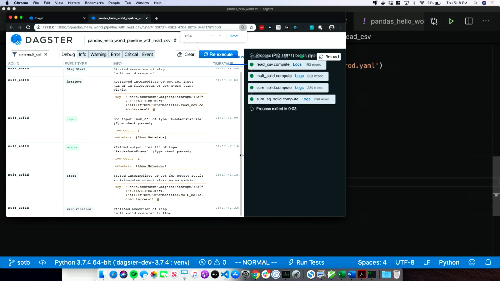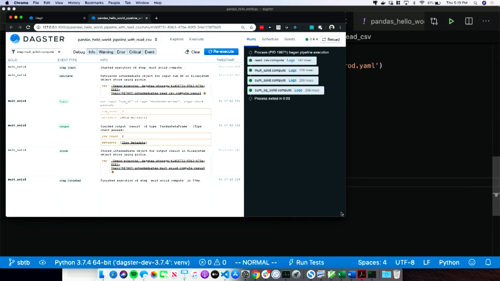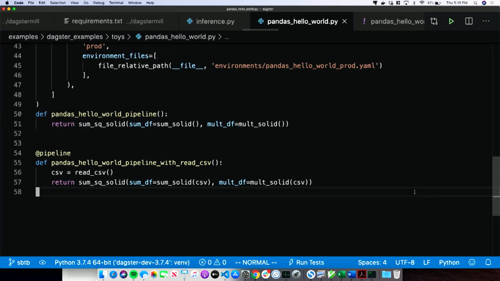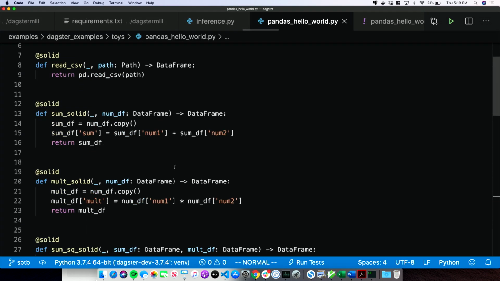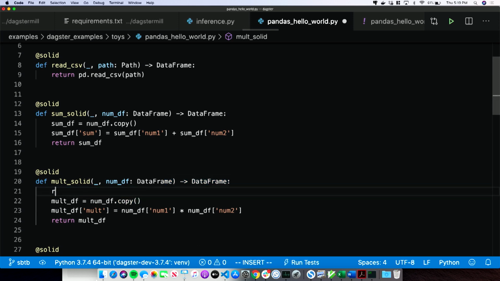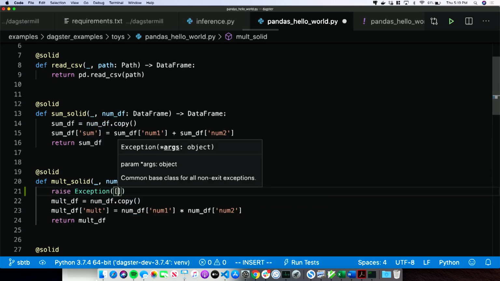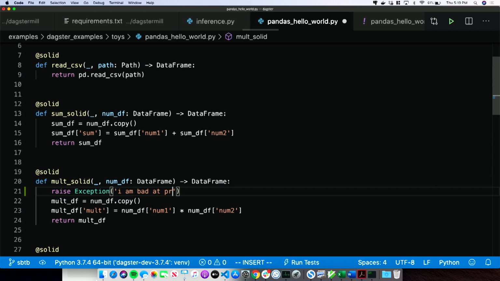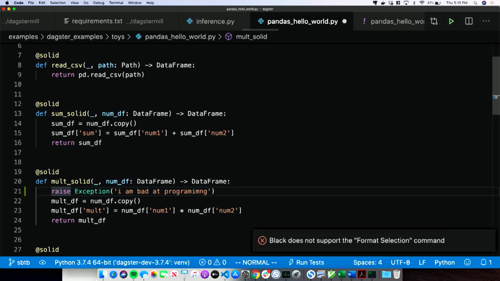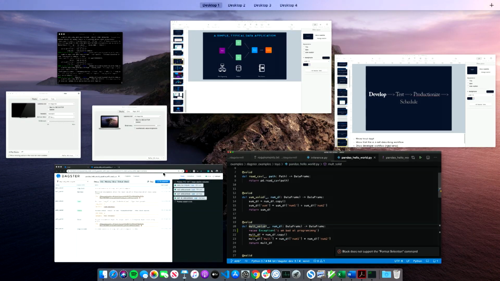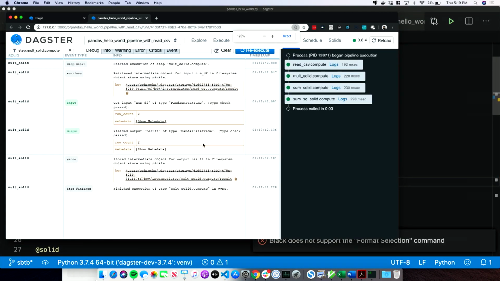Let me go over here. So let's imagine I'm developing this. Let me zoom out. Guess I need to file a bug against the UI person about zoomed in stuff. But let's imagine I'm developing this and I screwed up, right? So there's a DAG of compute, right? And then I raise an exception here. I am bad at programming or whatever. And I can't spell either.